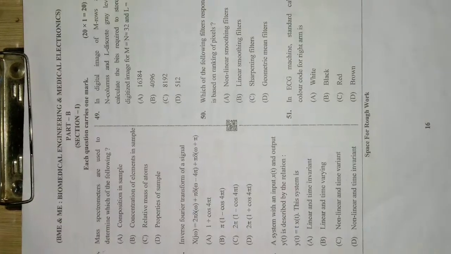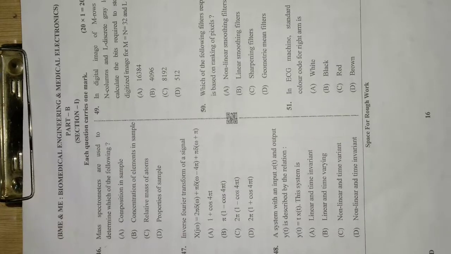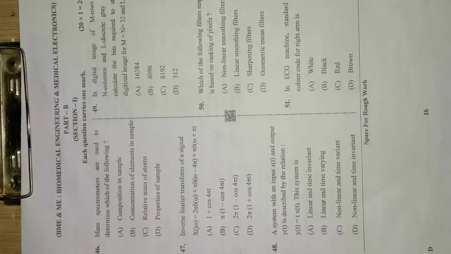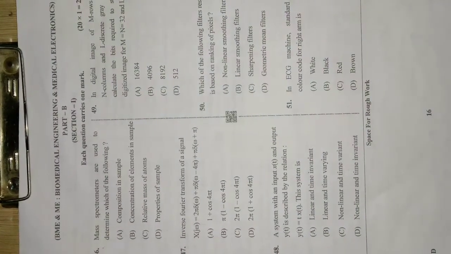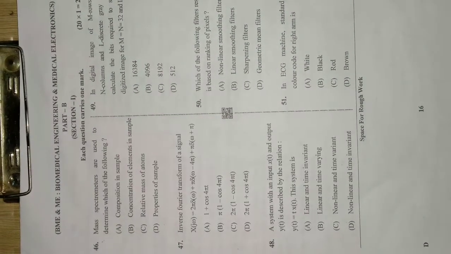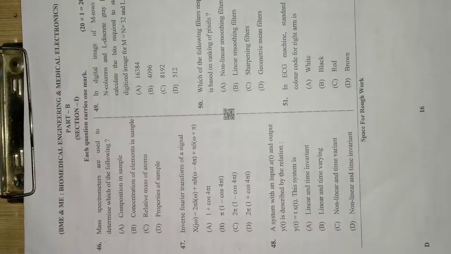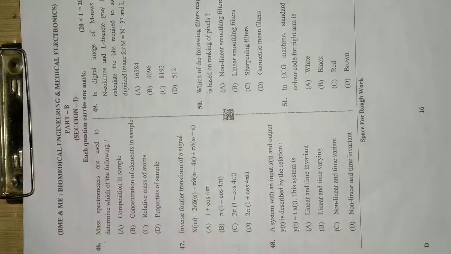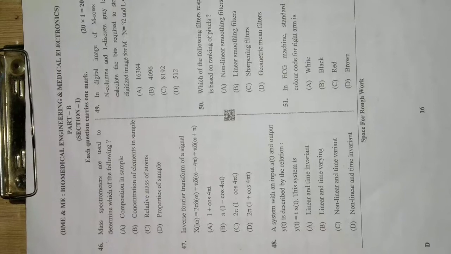Hey guys, so we were discussing the Karnataka PGCET 2019 question paper. We have solved 45 questions. We know that the paper consists of totally 75 questions. The first 45 questions are common for all branches, that is EE, E&C, biomedical engineering, then instrumentation. For all circuit branches, the first 45 questions will be common. From 46 onwards it will be different for different branches.